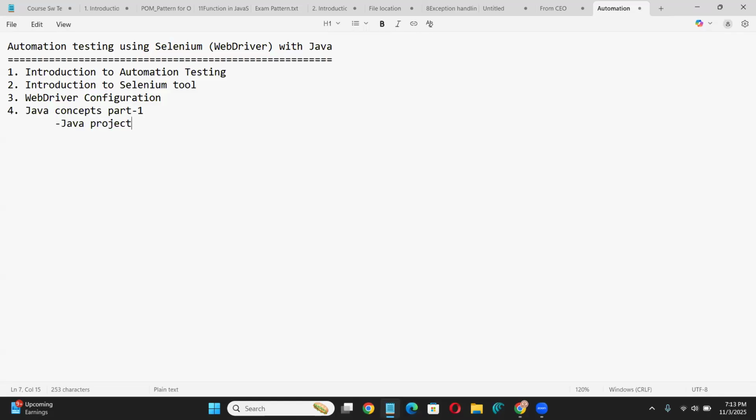Java project. What is the meaning of package? What is a class? What is an identifier? Comments in Java. Output functions in Java. Then